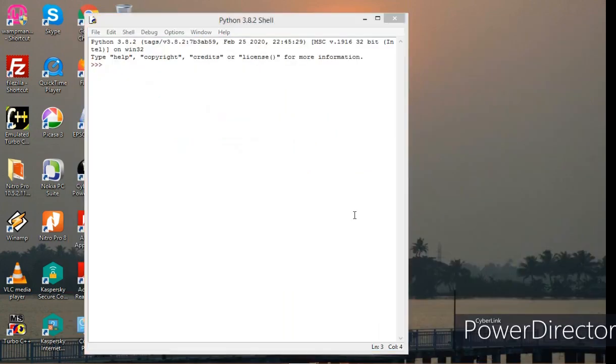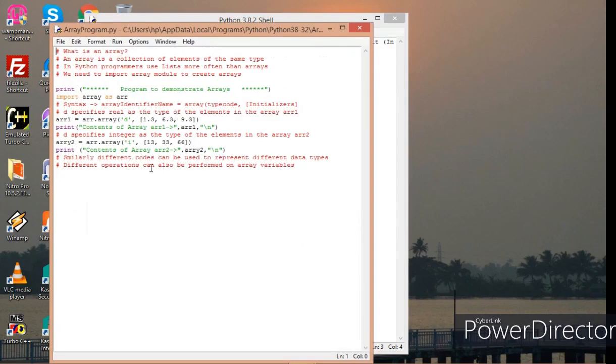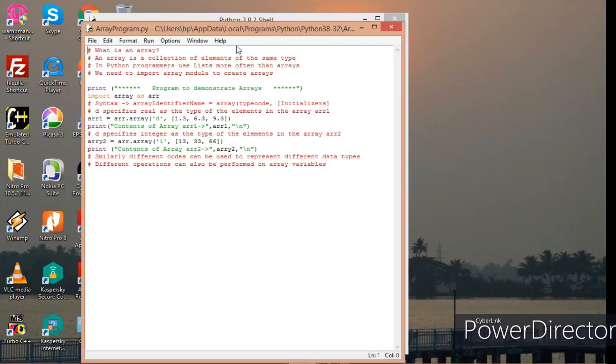Now let us continue. We have already discussed some of the data types, and now let us discuss some of the high level built-in data types like array, list, tuple and dictionary. I'll be opening different program files to discuss these different built-in data types. To begin with, let's look at what arrays are in Python. Of course, all of you must know what an array is, but still I have given some explanation here.